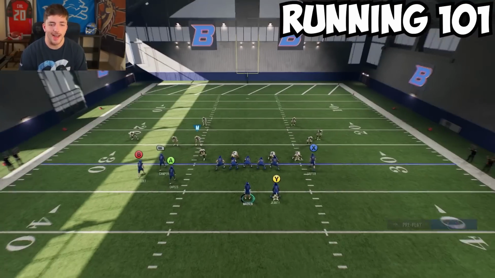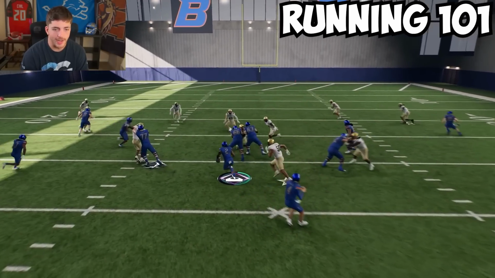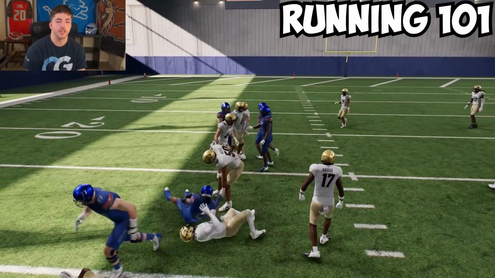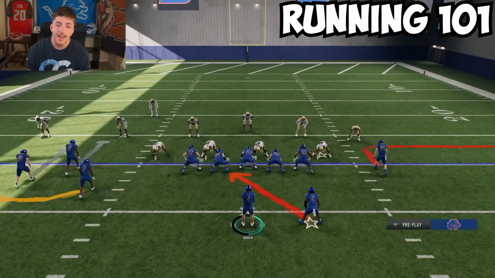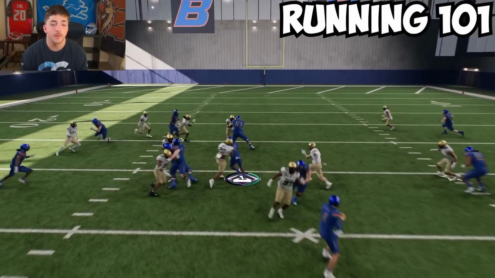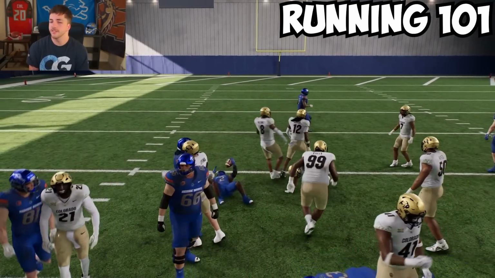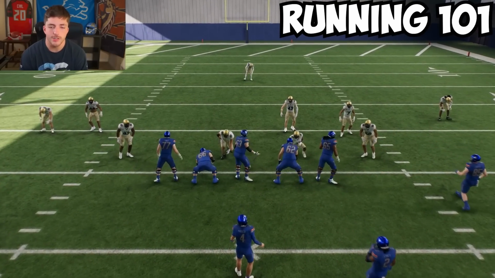So, I just like that extra option in the RPOs. Same with read options. I think that's another great one just because you're able to keep the defense a little bit more honest, and you help with numbers advantages. The thing with read options that sometimes people don't always think about,